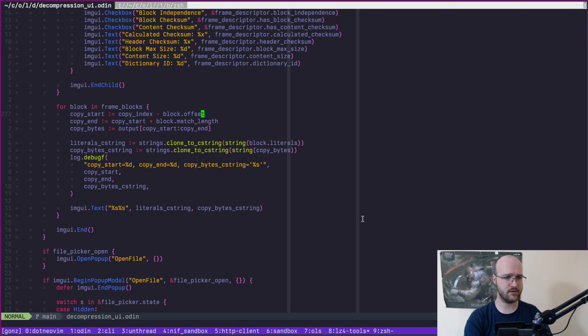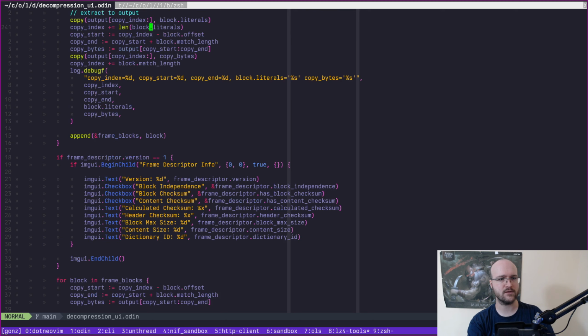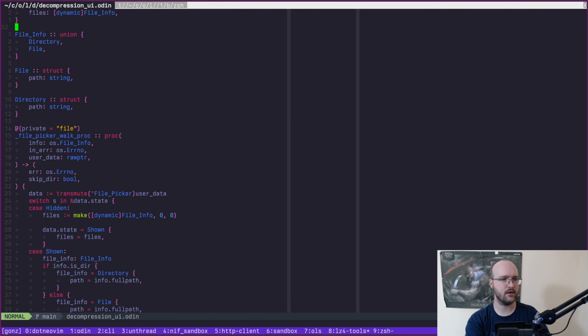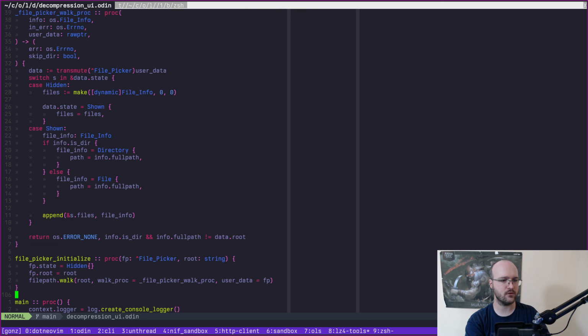The reason for this is because we're using copy index. We're using an old copy index, you could say. Whatever copy index we had when this actually was extracted is what we actually want to use instead. So what we're going to do here is rework this a little bit. And we're going to say that we are going to store